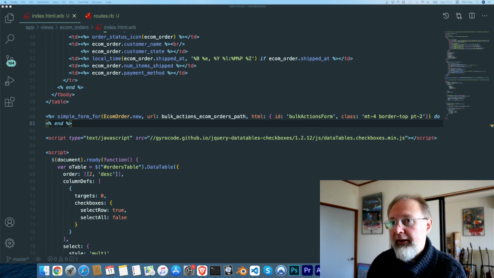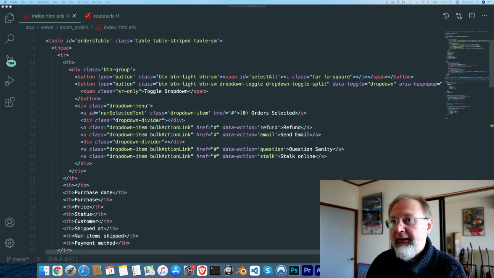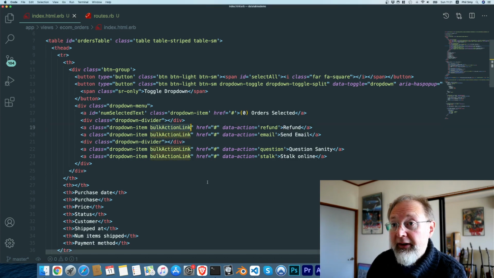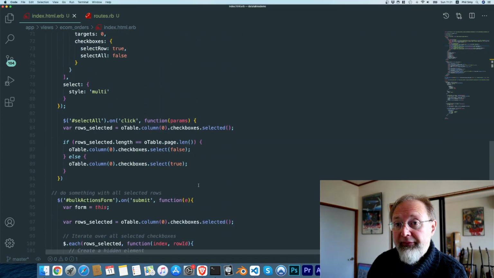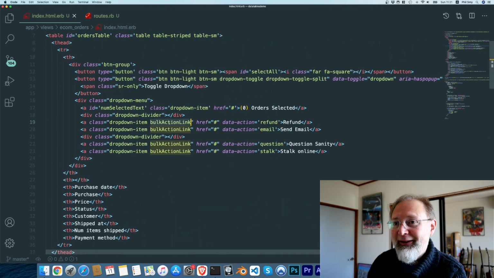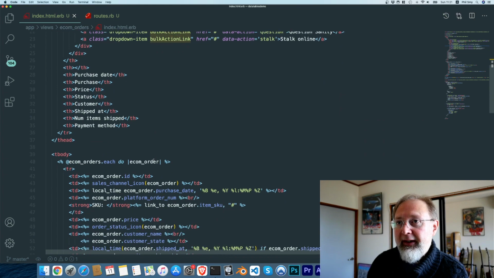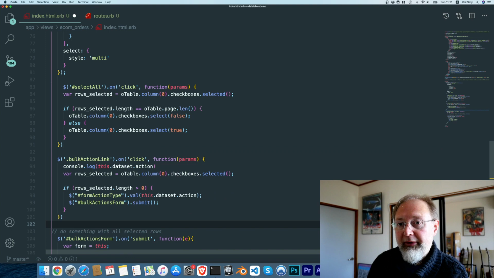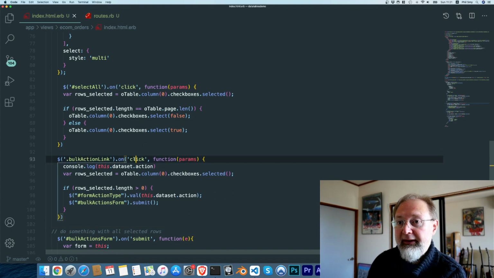The way that we do that is by another click listener on, this time we're not going to do it on an ID. We've used a class on all of these, so on button action link, that I added on all these A tags, we will do something very similar. So on the button action link, on a click, we will log, I'll show you the action in a second, but we're going to get the rows selected, and then for each row selected,